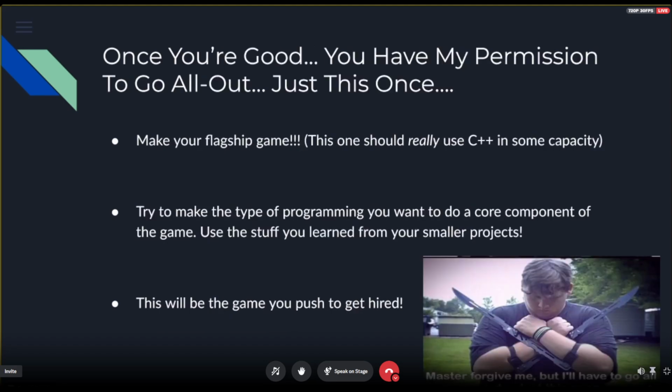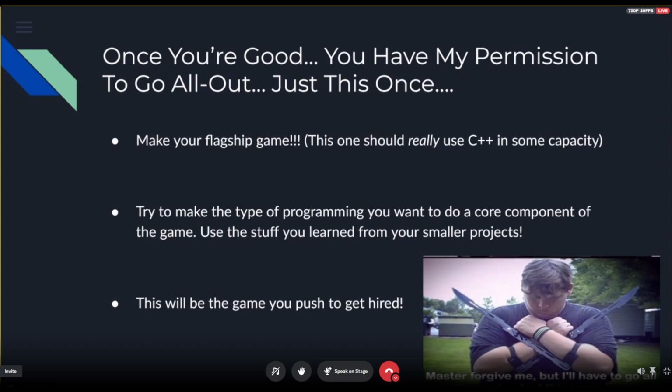And once you're good, you have my permission to go all out just this once and make your flagship game, which should really be in C++ in some sort of capacity. With this game, you want to make the type of programming you want to do a core component of the game.